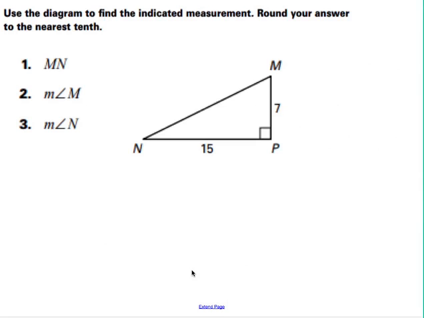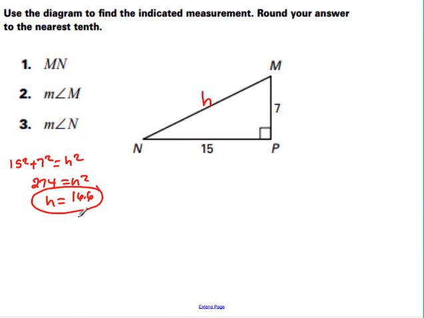Let's try this out really fast. If we're given two sides of this triangle in order to find MN, we'll call this H for the hypotenuse. What we do is we would actually use the Pythagorean theorem. When we set this up, we would just say that's going to be 15 squared plus 7 squared is going to equal H squared. That would give us 274 equals H squared, or H equals approximately, to the nearest tenth,